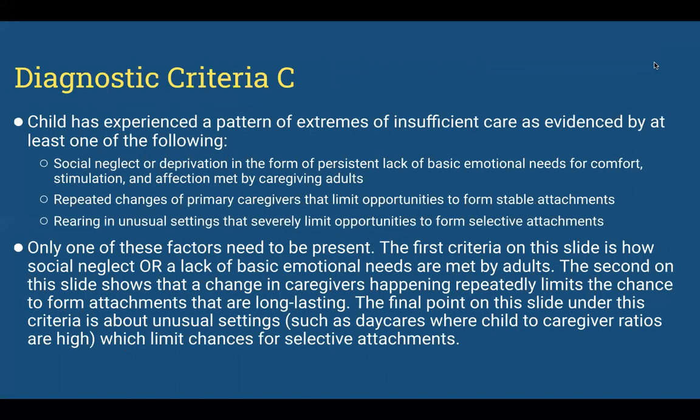Diagnostic criteria C. Although only one factor needs to be present out of the criteria stated in the slide, it must be in combination with criteria B. The child has experienced a pattern of extremes of insufficient care as evidenced by at least one of the following: social neglect or deprivation in the form of persistent lack of basic emotional needs for comfort, stimulation, and affection met by caregiving adults,